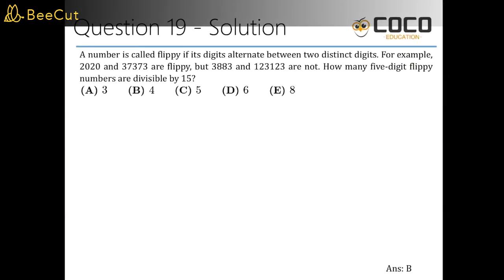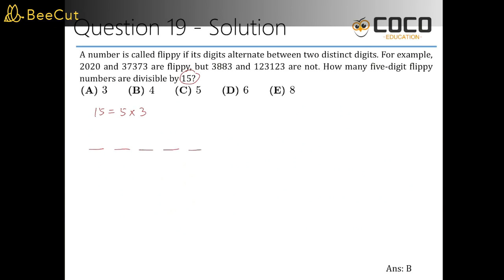Question 19. So a number is called flippy if the digits alternate between two distinct digits. How many 5-digit flippy numbers are divisible by 15? Divisible by 15 means it's divisible by 5, also divisible by 3. So divisible by 5,